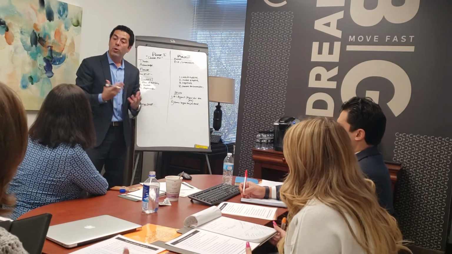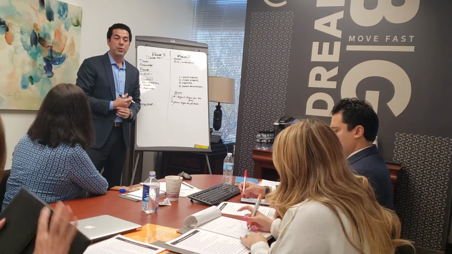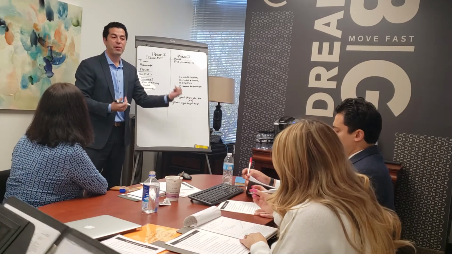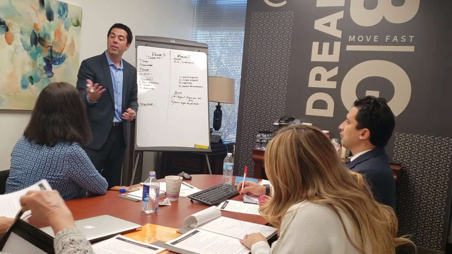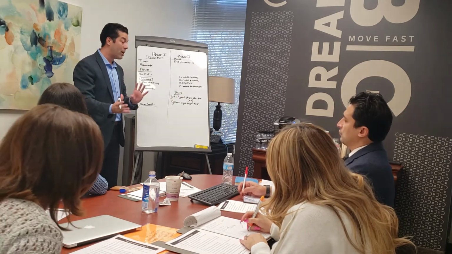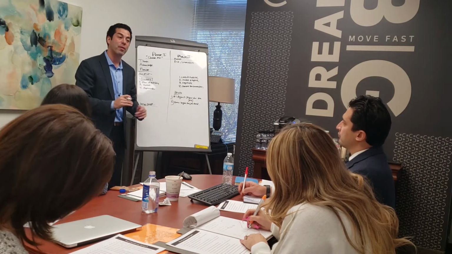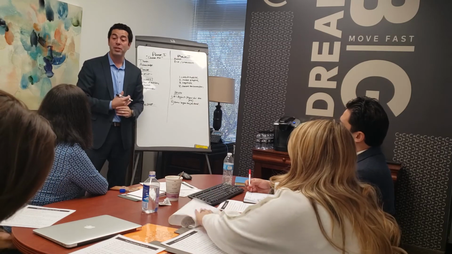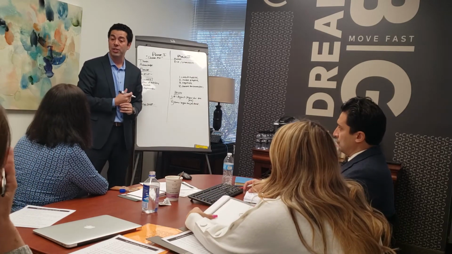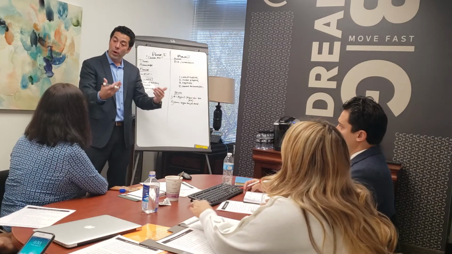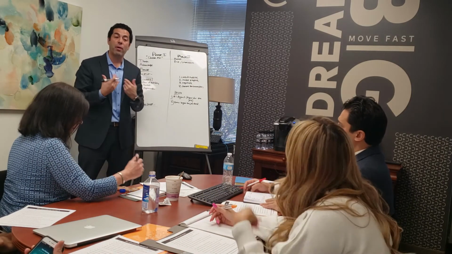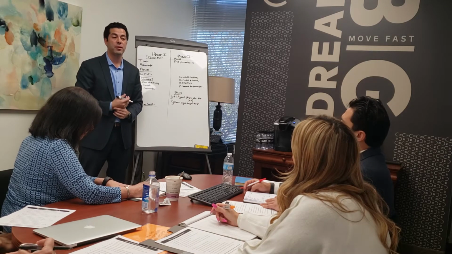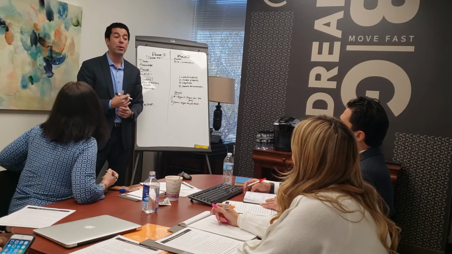Which agents are you referring to? And then also, how were you referred to these people, or how did you find those agents? Sometimes they found them on Zillow, sometimes they found them elsewhere. And the next thing I can do, if I'm gonna try to do a 2-part listing appointment, is say something to the effect of, would you like some information, like a report card on each agent, so that you can see what my past sales look like versus these other agents? Would that be helpful in making your decision? And a lot of times they'll say, that'd be great.